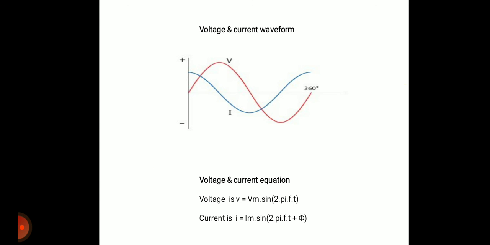Active power in the RLC series circuit. As we know, active power is nothing but the power consumed by the load, and here the load is the RLC series circuit. And how to get that active power? By the equation P is equal to VI cos theta, where V is the supply voltage, I is the supply current, and cos theta is the cosine of the angle between voltage and current. Energy in the RLC series circuit: simply multiplying power by time, we get the energy.